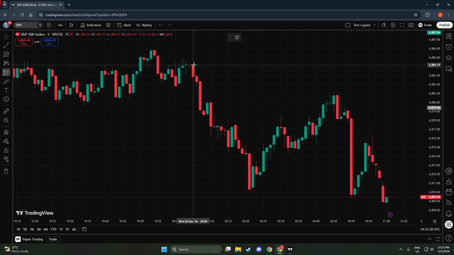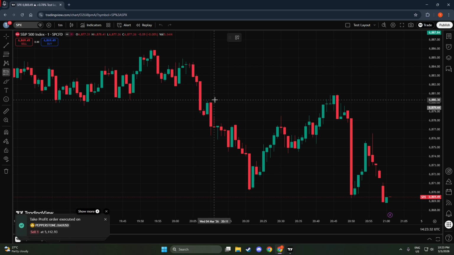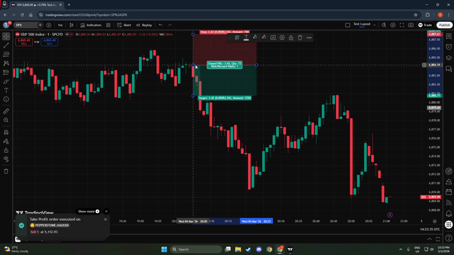That click drops your entry marker and brings up two colored zones connected to it. For a short setup, the area below your entry represents your potential profit if price moves down, and the area above shows your potential loss if price moves up against you. Think of it as a quick snapshot of your plan, where you get in, where you're wrong, and where you